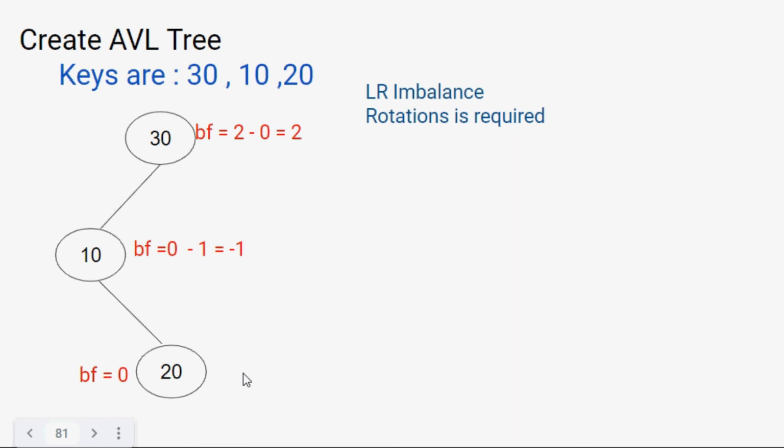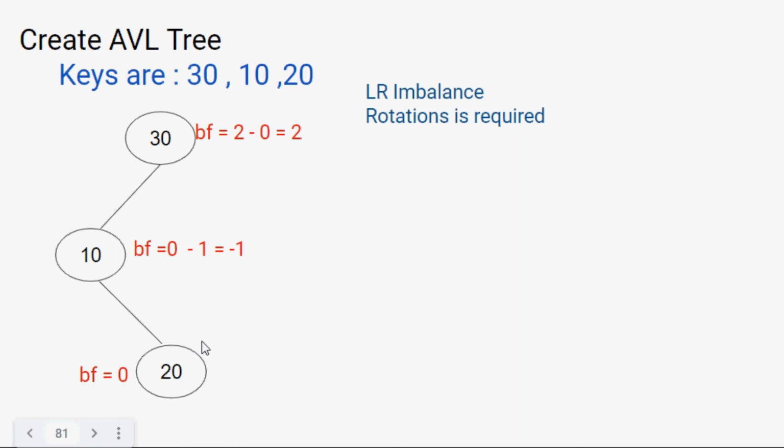One point you need to remember, from where you need to look at how this is creating imbalance: the node which has a balance factor that is not -1, 0 or 1. These two nodes have a balance factor which lies between -1, 0 and 1, but this node does not have a balance factor among those three values. So from here we judge that because we inserted a node on the left, then on the right, this is LR imbalance.